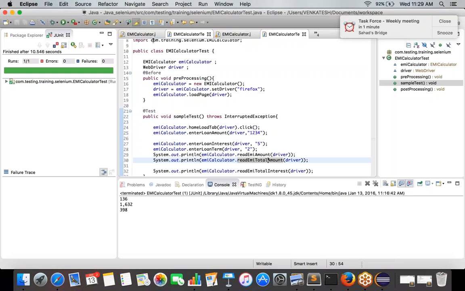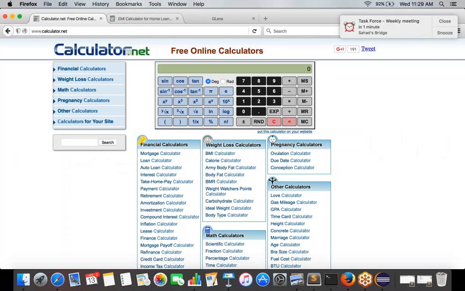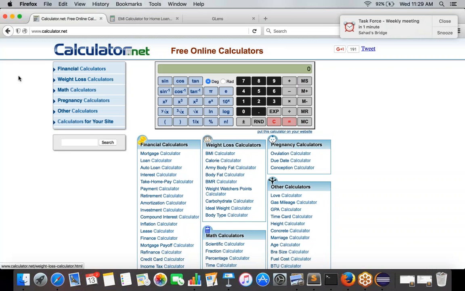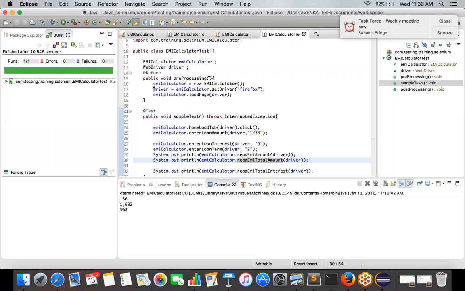let's say a JUnit test case, say you take the first page and you say the first item is to check the left panel. So you write the test cases straight away to check the left panels and the click events. And you then write the test case for checking the calculator click events and all the links. So if you write it in the test case like this,